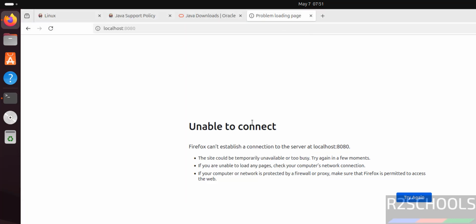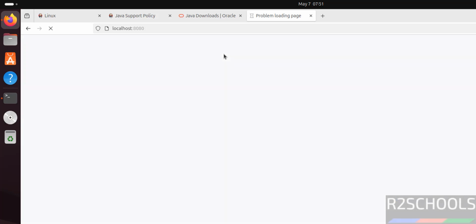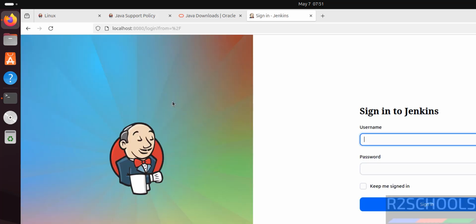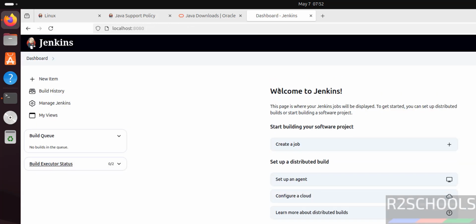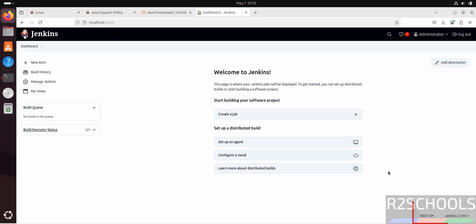Okay. Now reload this page. Now we will be able to connect. Now we have to provide the username that we have created, then provide the password that we have given for this user. Hit enter. See, we have successfully connected to Jenkins. Okay, and also see here, you can find the Jenkins version here. See here, Jenkins 2.504. Okay, so in this video we have seen how to install and configure the latest version of Jenkins,